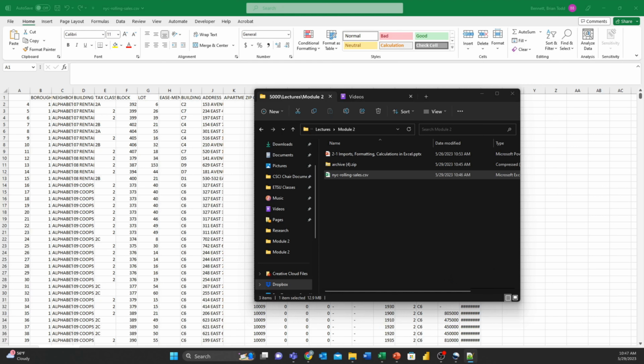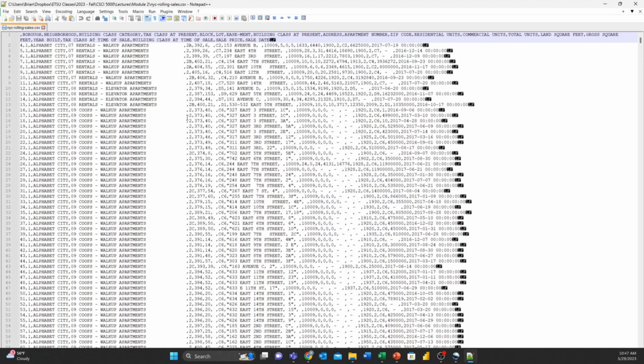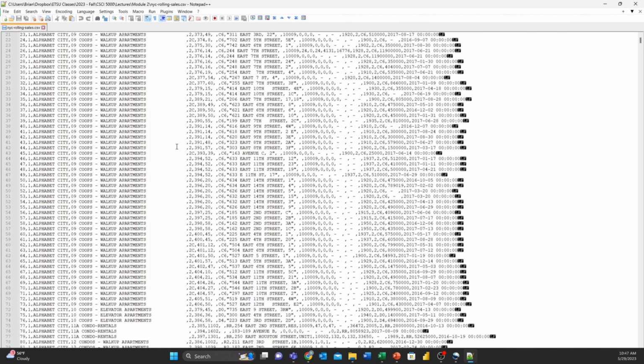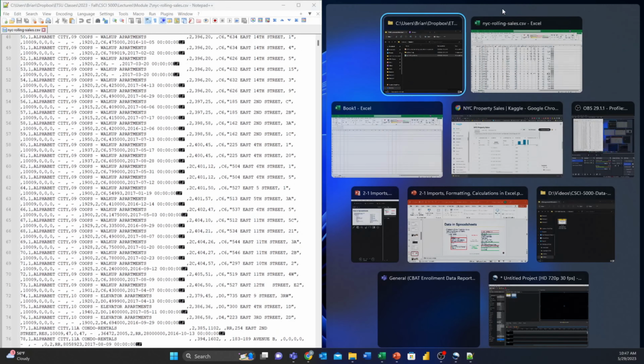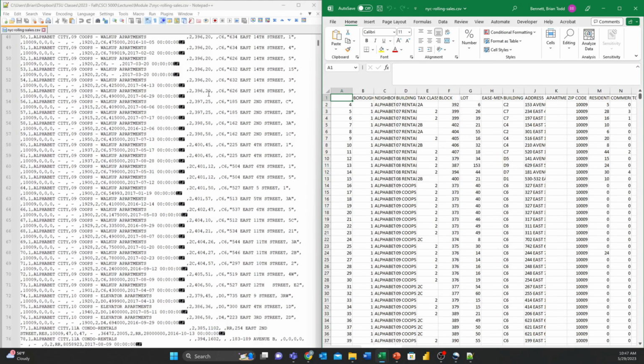And we see here that this is what the file actually looks like, because it has all of this information. It is in comma separated value format, and notice all of these commas. Every time you see a comma, that means that that particular comma is a separator between different columns that are in Excel. So if we do a side-by-side comparison here with this in Excel,